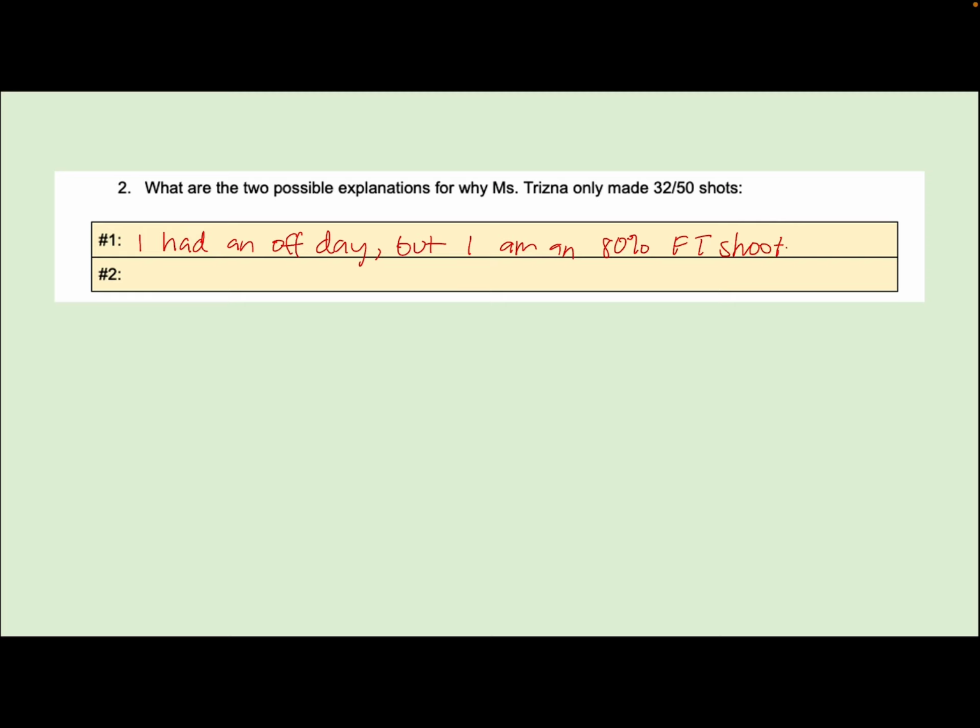The other possibility is that I am lying about being an 80% shooter. Some of you might also be wondering if there's a third reason, which is that maybe this number is suspicious. However, we're not going to address that possibility.